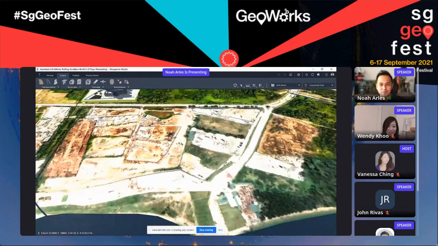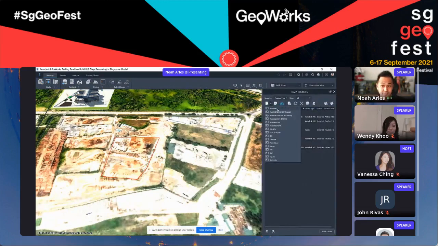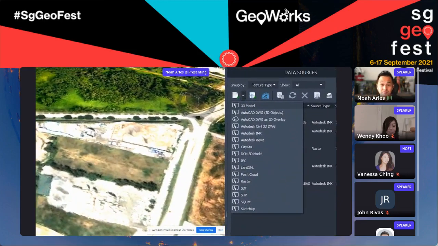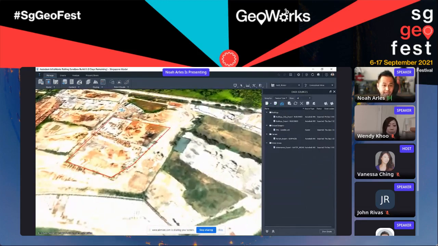Now is a time where we've democratized technology so that we can allow even the most ordinary of users to capture data from the web and combine that with a myriad of different types of data to make the planning and the preliminary design more interactive. You can see here in a quick view the most common platforms that you can use to enrich this experience and the model that we're looking at.